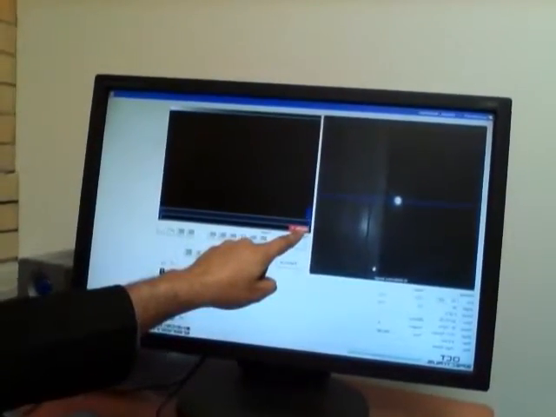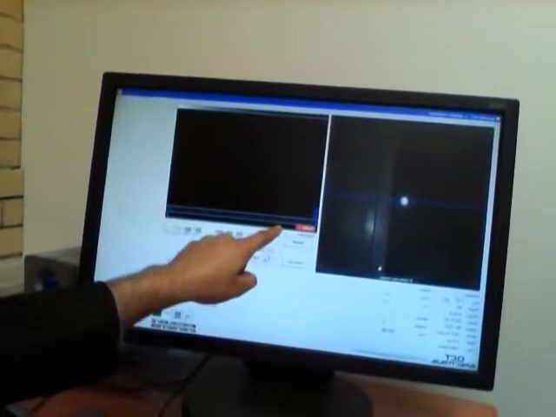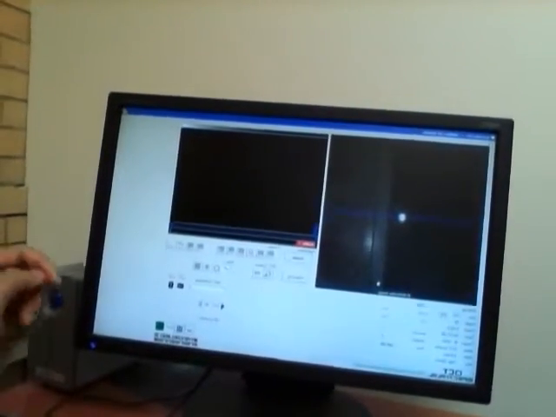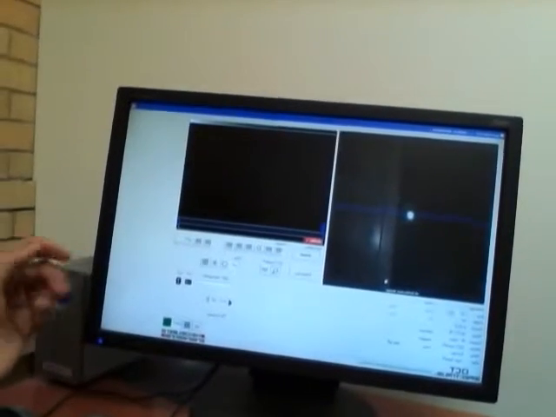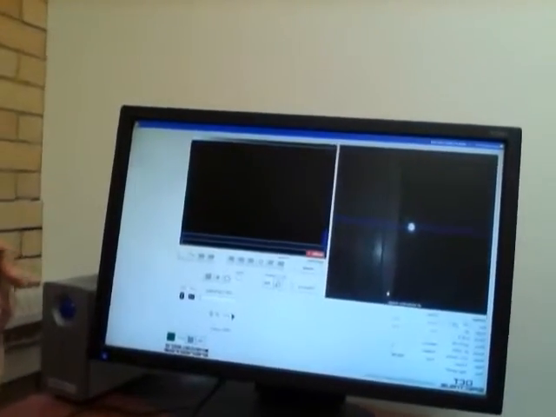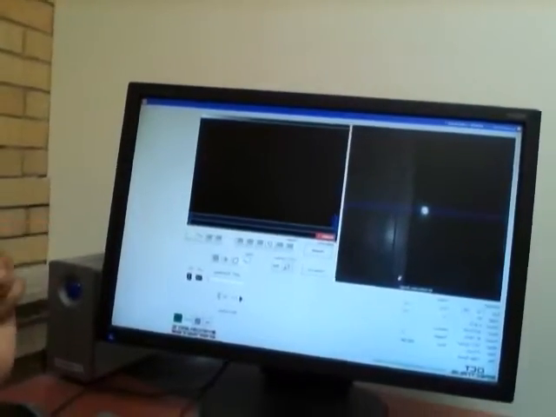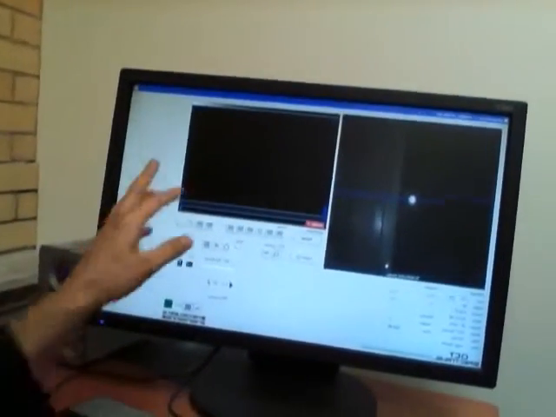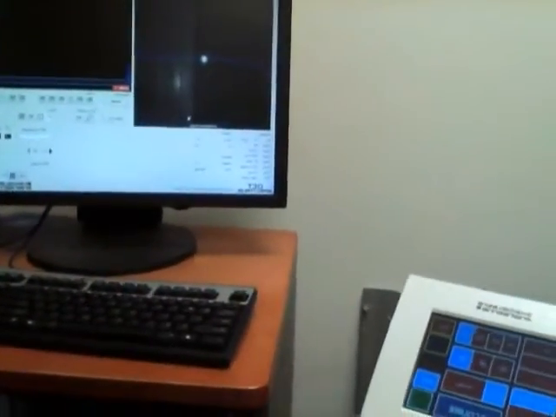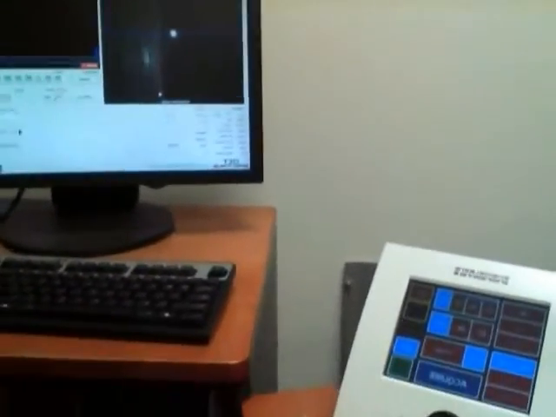We measure the quality here, and we make sure the quality is more than 25. More than 18 is okay, but we try our best to get more than 25. After getting the best image, we hit the freezing button.